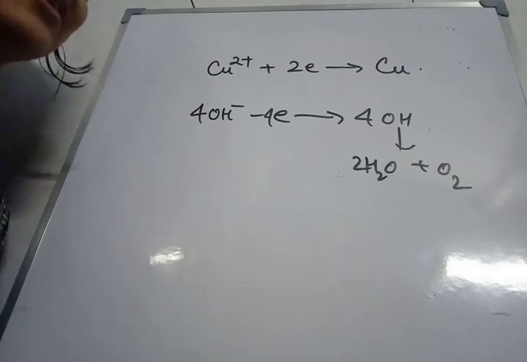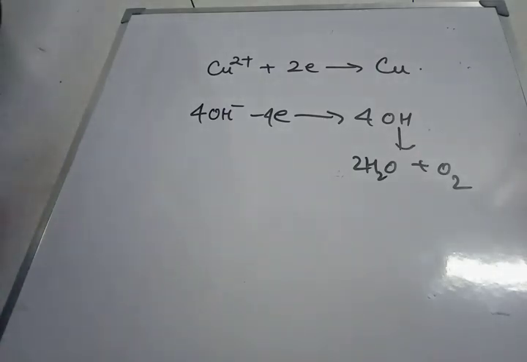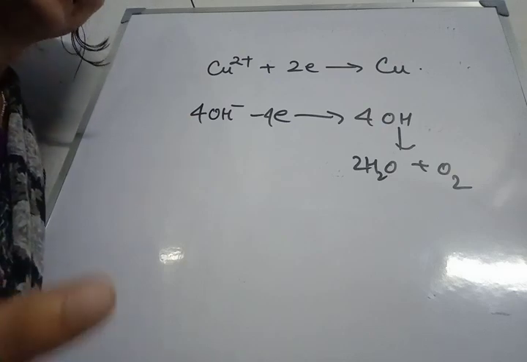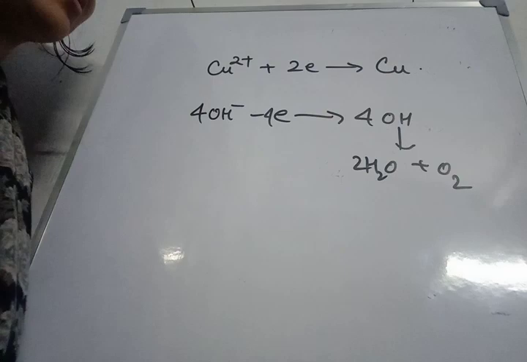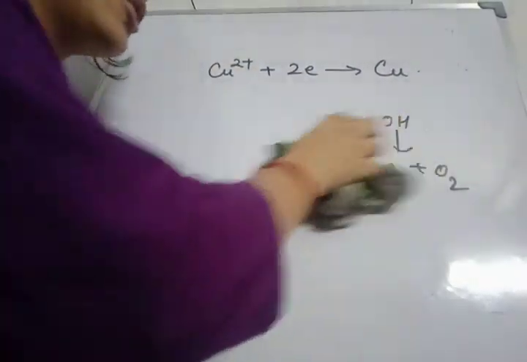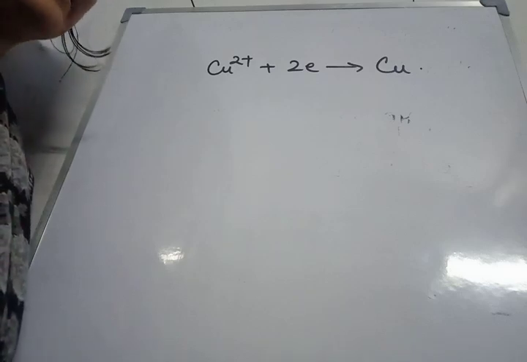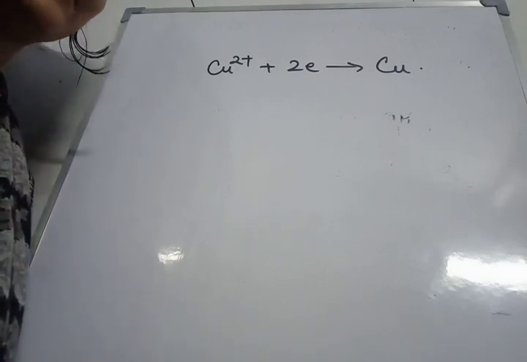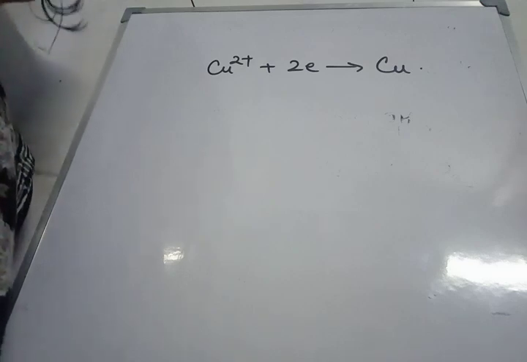Next we have electrolysis of copper sulfate solution using copper electrodes. So here the electrolytic cell is a glass container. Then the electrolyte is acidified copper sulfate solution, and the electrodes are copper rods. So here also the ions present are copper ions, hydrogen ions, hydroxide ions, and sulfate ions. In this particular reaction also, the ions of the acid do not take part. Acid is added to increase the conductivity and to prevent the hydrolysis of copper sulfate solution.